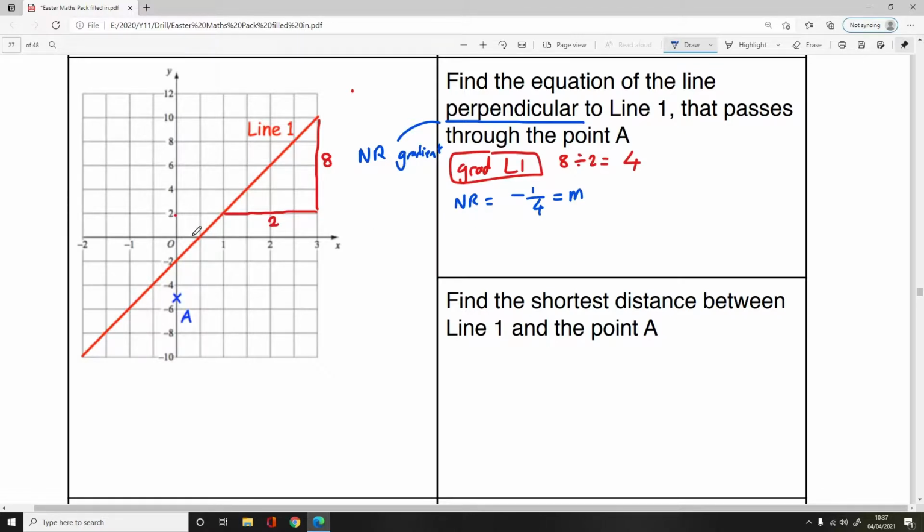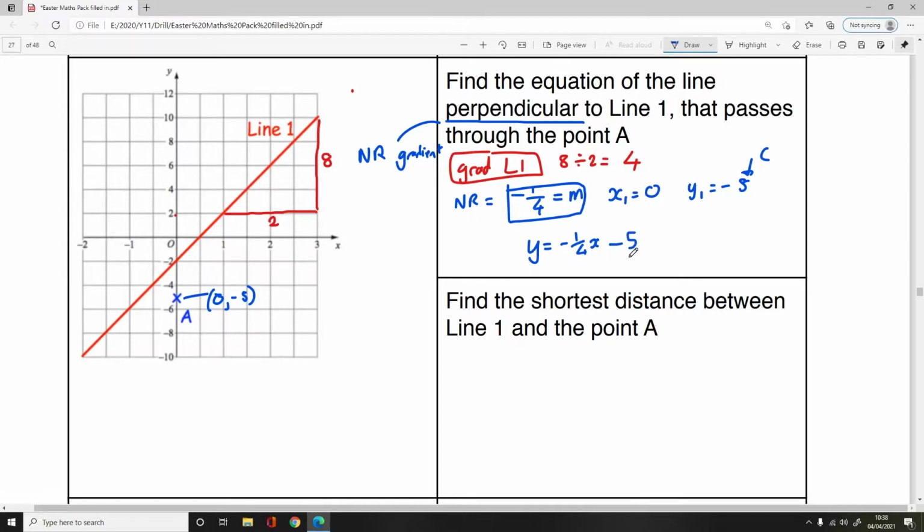Very tricky, that. Okay, it also goes through the point A. What would we call the point A? I would call that 0, minus 5, because it's clearly between minus 4 and minus 6. So that's got our value of m. We've also got that x1 is 0 and y1 is minus 5. That's actually the intercept, isn't it? So we could go straight ahead and say y equals mx plus c at this stage. So let's do that. This is our c. So y is equal to minus a quarter x